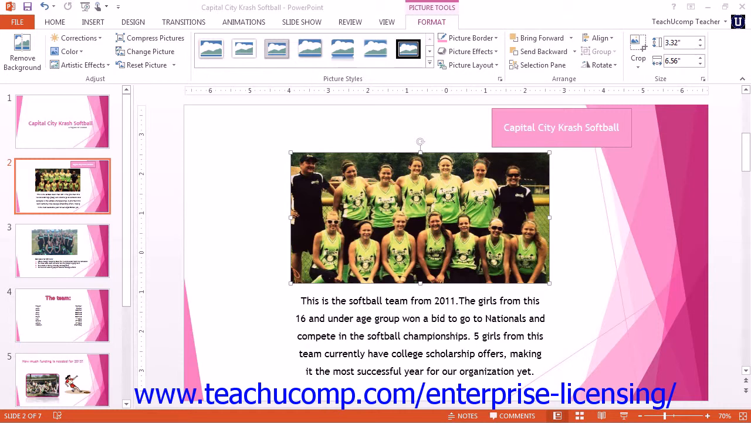For upgrading users, you should note that the Format Picture task pane now replaces the Format Picture dialog box found in PowerPoint 2010 and 2007. The options available are very similar. However, the task pane allows for greater freedom of movement and placement of the task pane when working with images